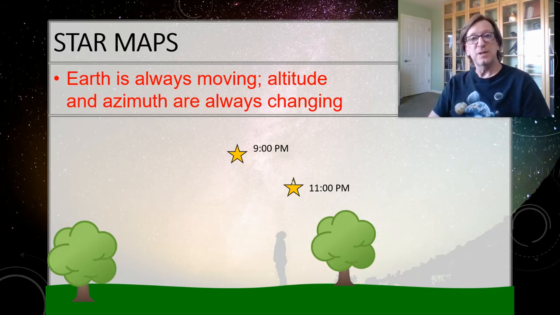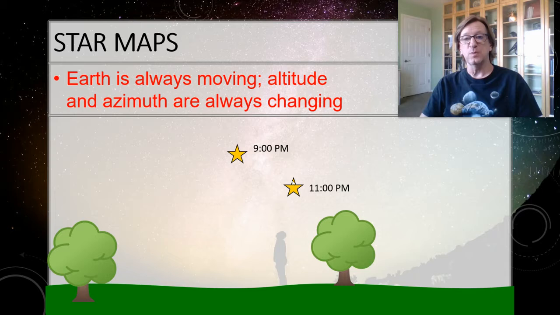One thing you do need to be able to get out of this equatorial coordinate system, though, is when an object is going to be visible. Is it going to be in wintertime? Is it going to be in the summertime? Is it going to be in the northern part of the sky? Is it going to be in the southern part of the sky? So we'll teach you at the end how to do that.